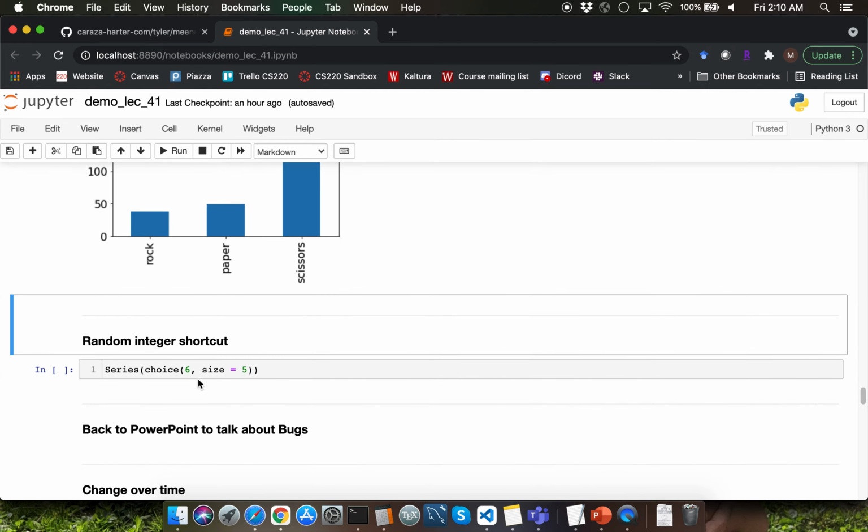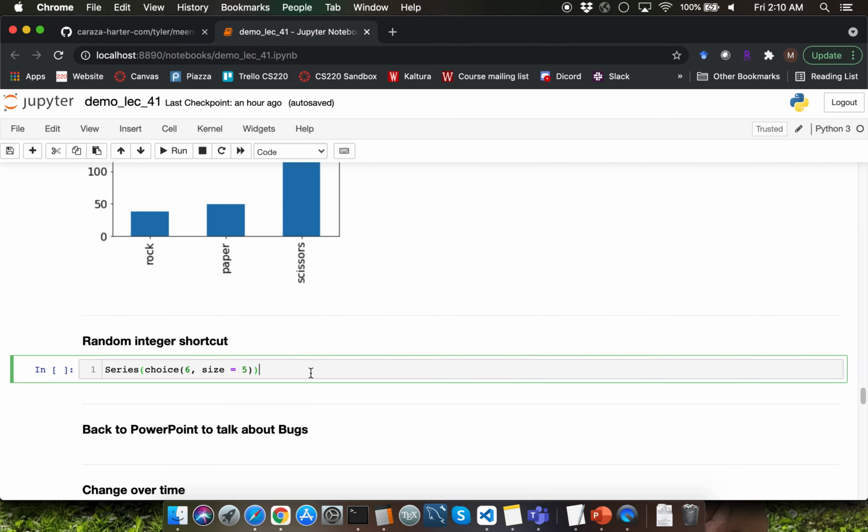Instead, we could just specify a single integer, which is going to enable the choice function to make a selection between the values of 0 and 6. This particular sample size, which is going to be the argument 5 for the parameter size. Let's capture the return value of the choice function and convert it into a series.